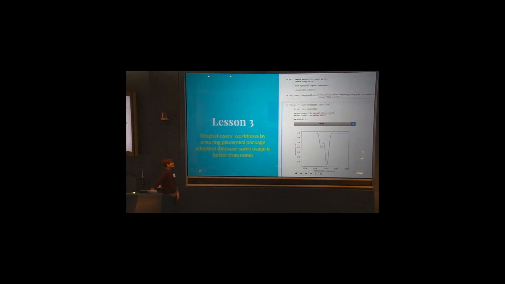The next lesson that we found early on was don't try to replace someone's workflow wholesale. Try to make the packages we develop usable in a piecemeal type of way. The shining example here is we have a pretty nice, robust data loading and data writing infrastructure built into SpecUtils that allows users to create their own custom loaders and writers for their spectral data. And there's actually a couple groups at Space Telescope and at a couple other observatories who